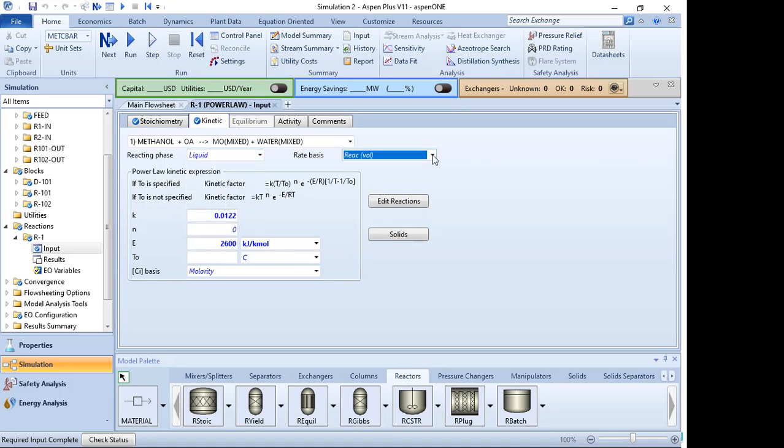And also the reaction basis, you can change this one into catalyst. So if you want to simulate a reaction in a reactor with the catalyst, such as PBR. PBR is a packed bed reactor, where